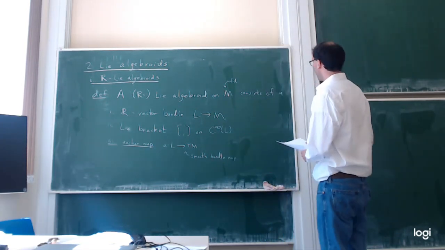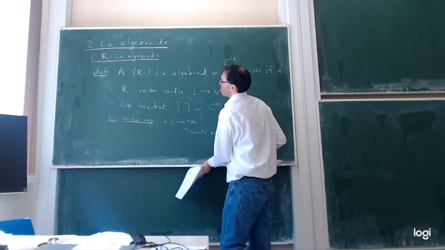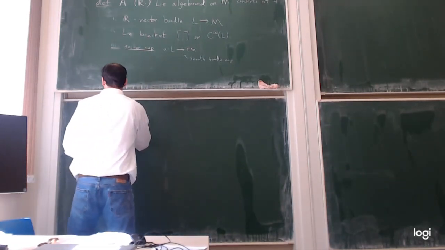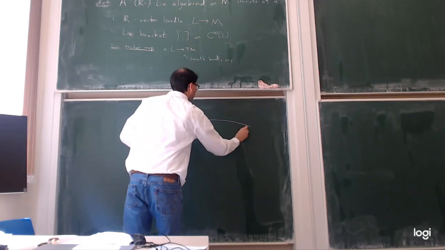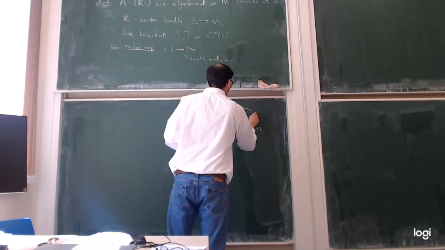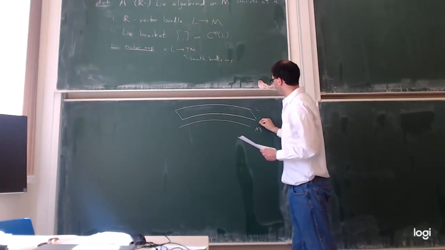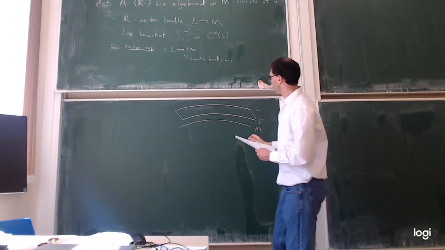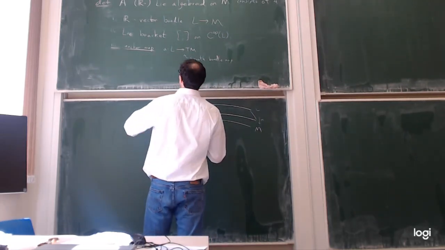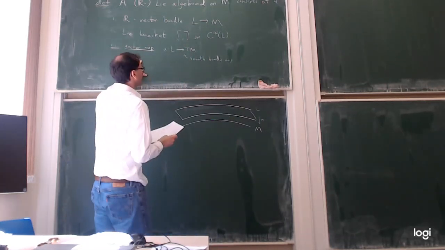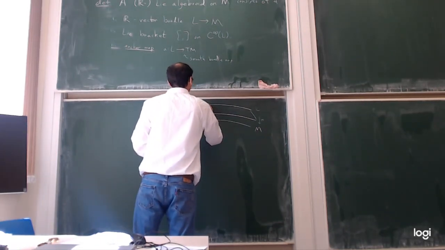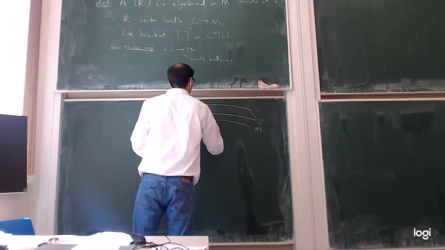Okay, so I always like to have some sort of picture when a new definition comes up. So here's what I have here. Here's our manifold M. A Lie algebroid is a vector bundle over M, L, vector bundle projection pi. And it comes with, so I'm not going to write the brackets. There are some conditions, but first I'm going to draw this stuff here. So here's X, here's a fiber of L, Lx, and then